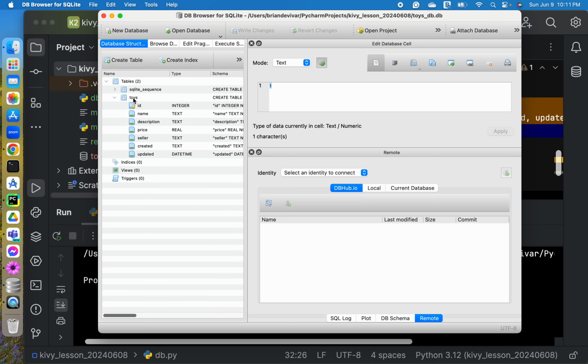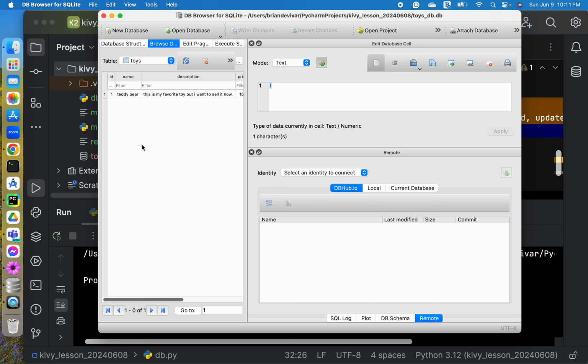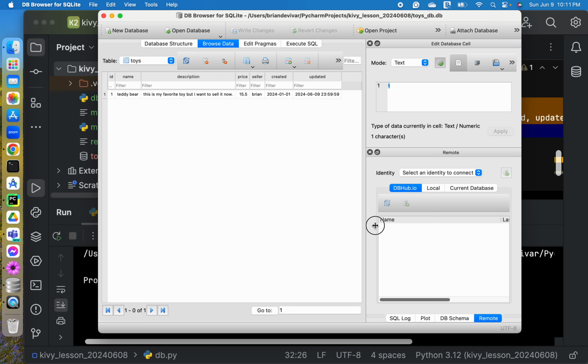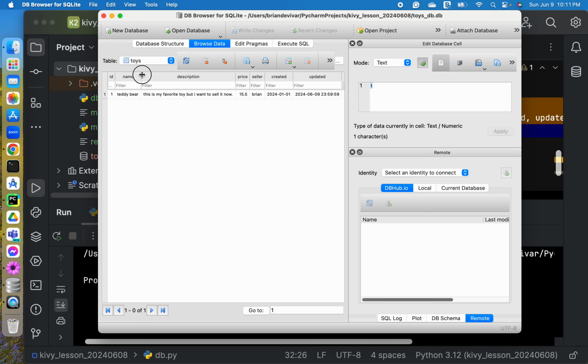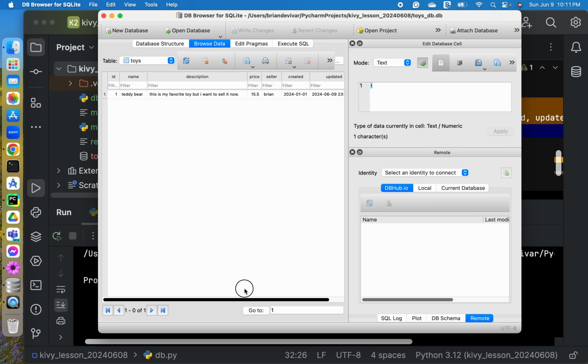Okay, so browse table. Okay, so as you can see here, we have successfully inserted a data in our table. So we have here the name, description, price, seller, created, and updated. And as you can see, SQLite already provided the value for the ID.